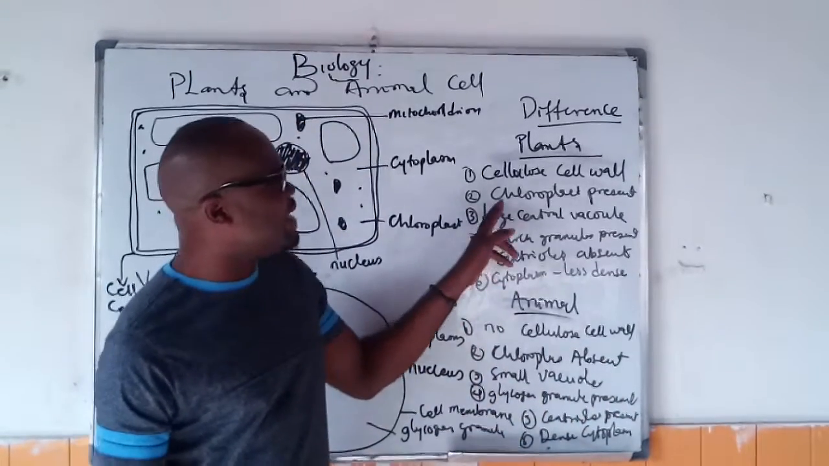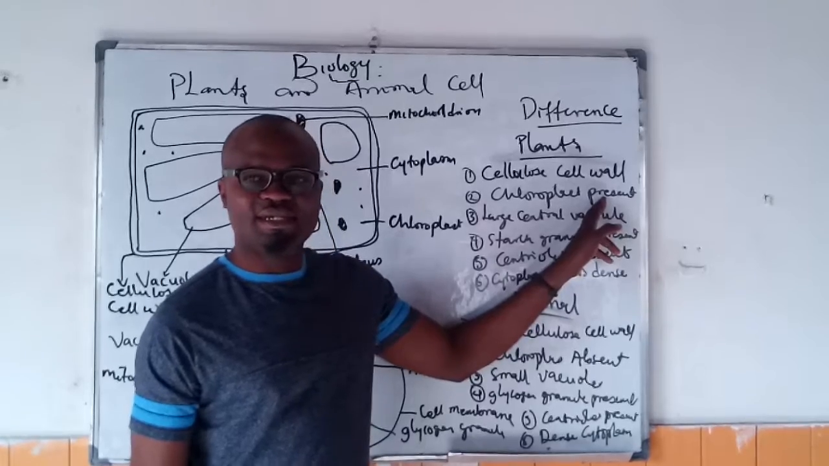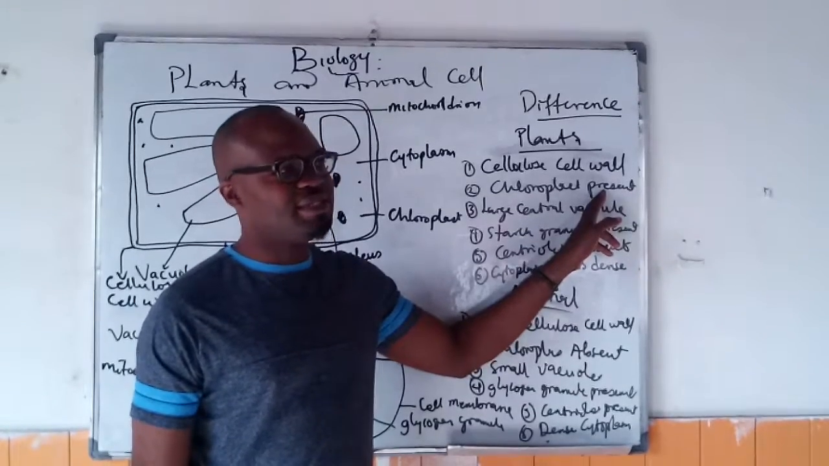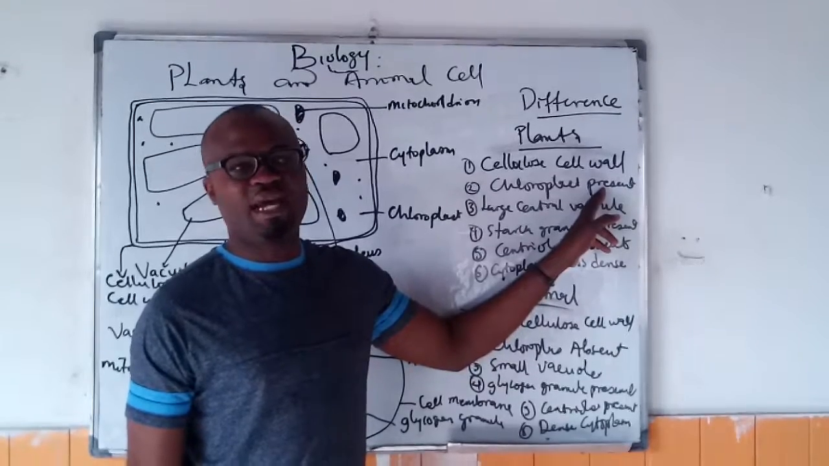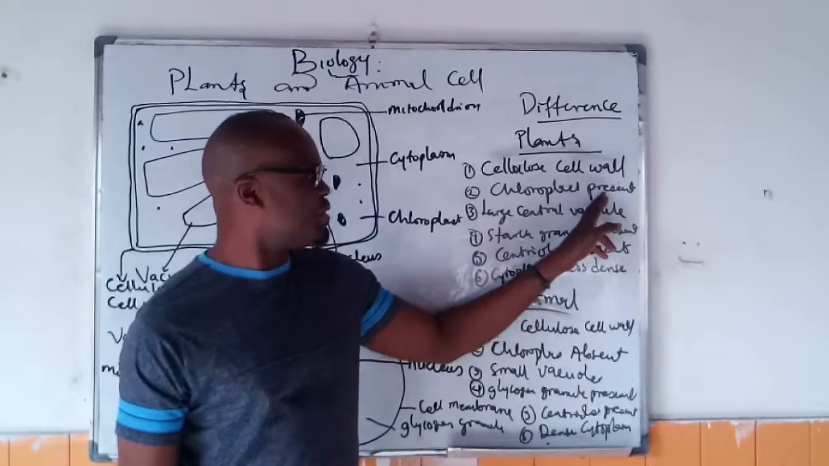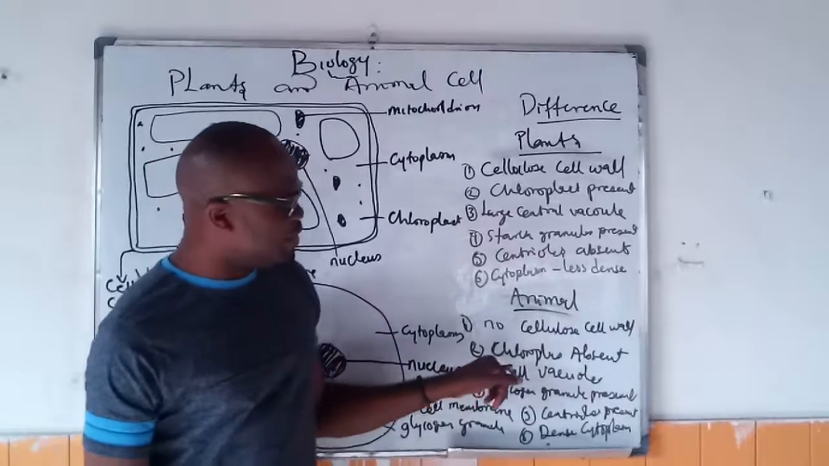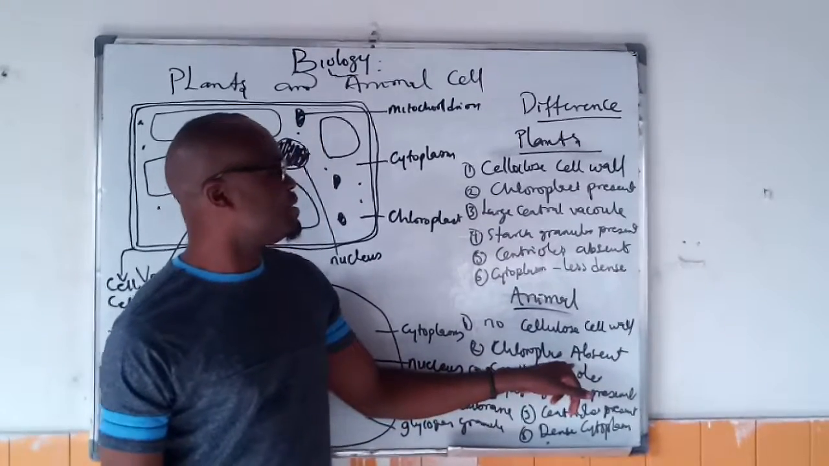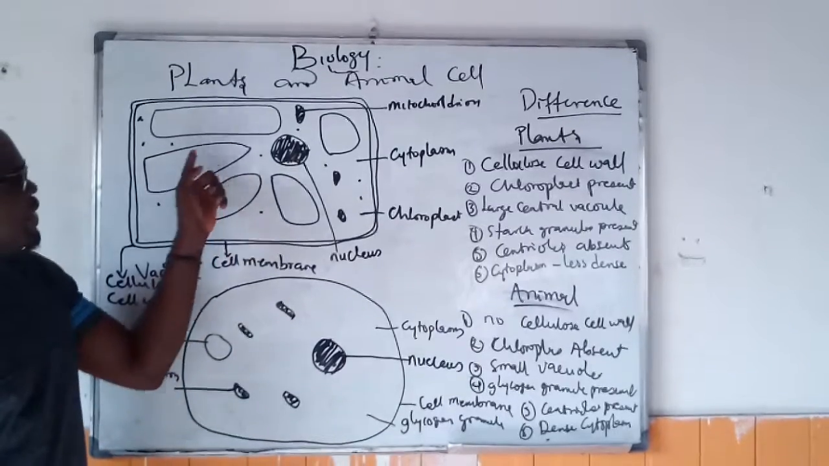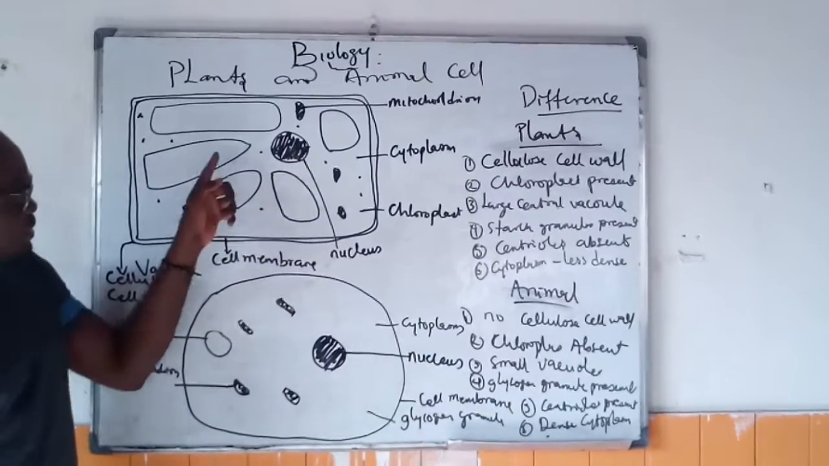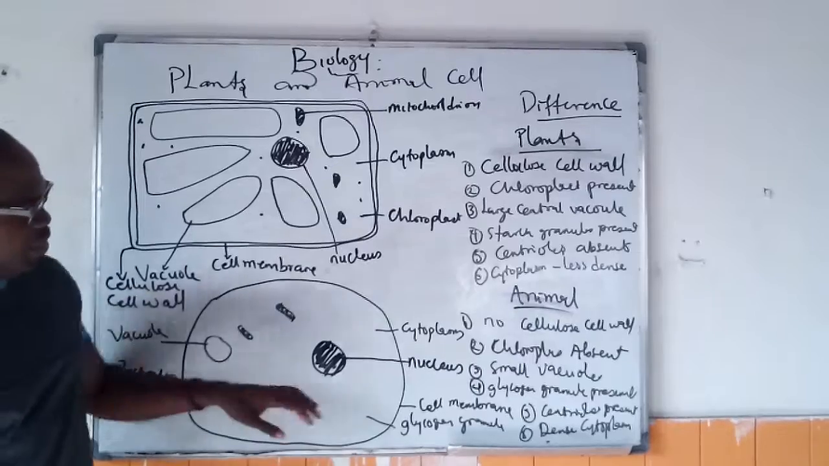The plant cell has chloroplast, which is the green pigment that enables photosynthesis, because green plants are autotrophs. Is that clear? The animal cell does not have chloroplast. The plant cell has large vacuoles. You can see the vacuoles, they are very large and central,